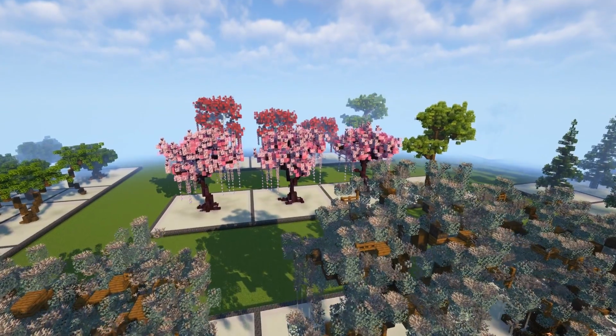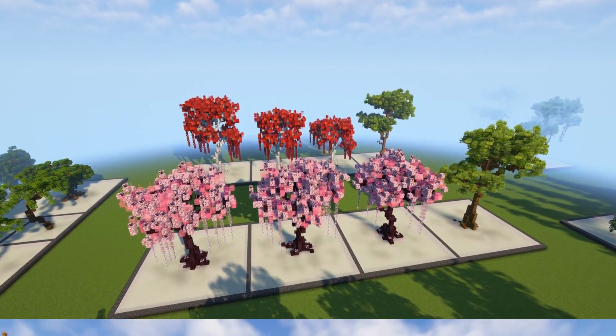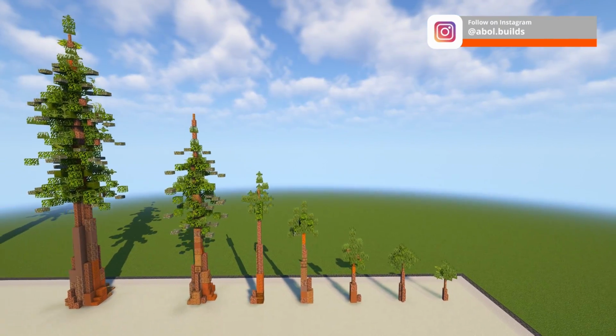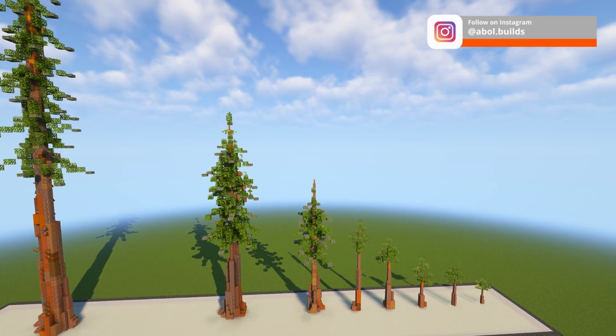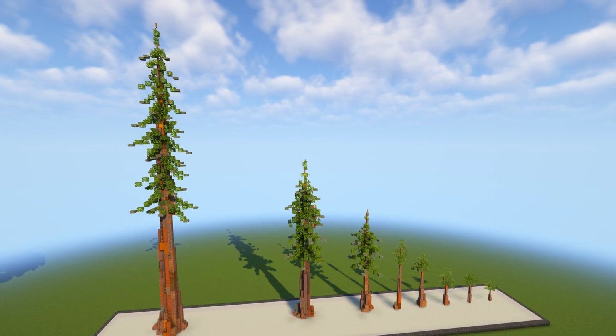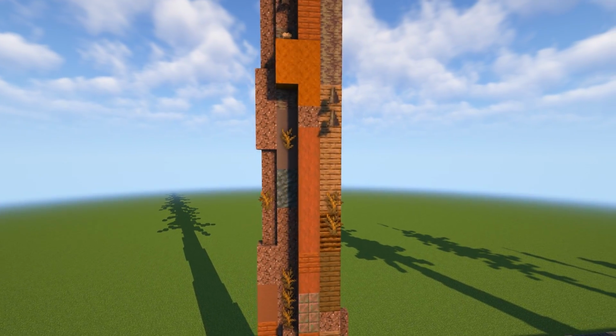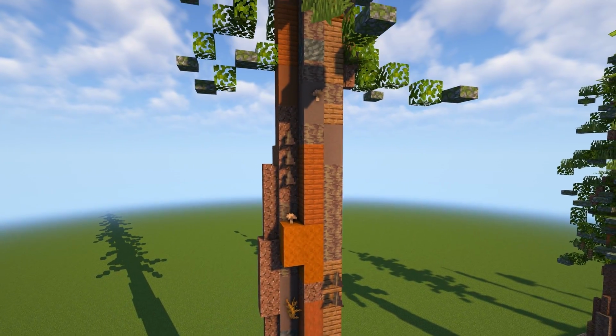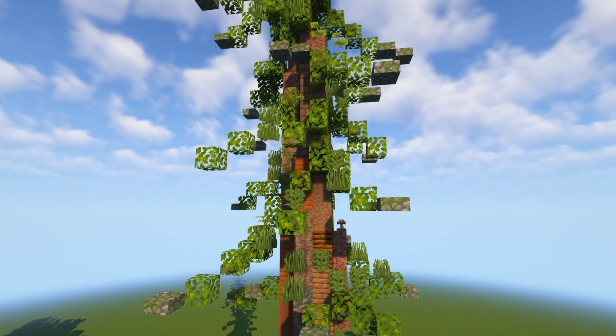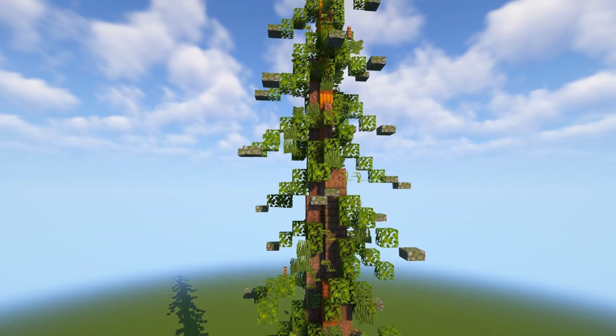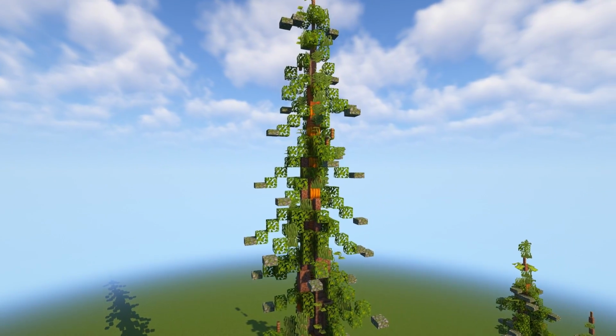Most of my trees are on the smaller side, so it's time to bring in some help. Abel has provided us with some gorgeous redwoods and an excellent example of gradually scaling up trees. Although the colouring of the trunk is generally uniform, the subtle variations create a lovely bark-like texture. Then these diagonally sloping mossy slabs emphasise the shape of the branches, which themselves are detailed via some clever floating